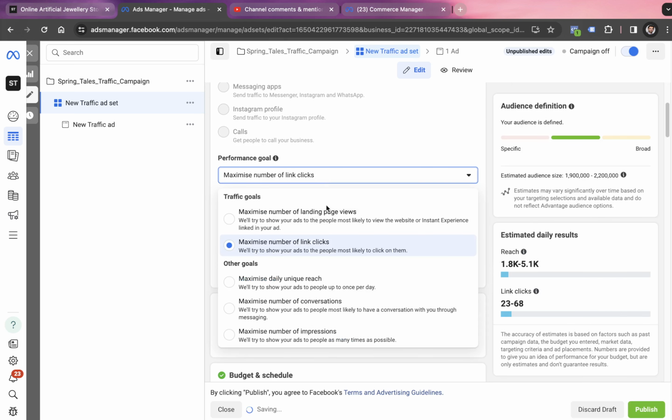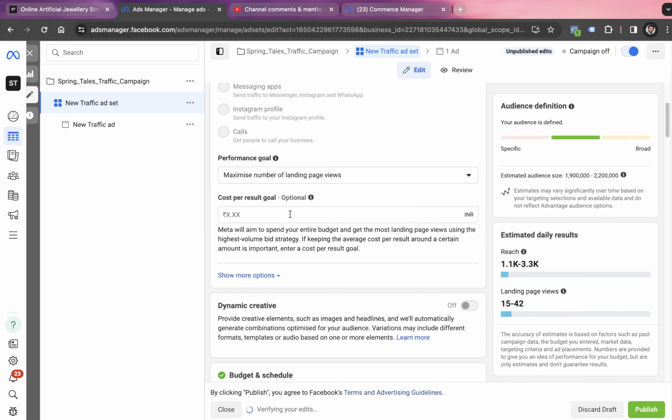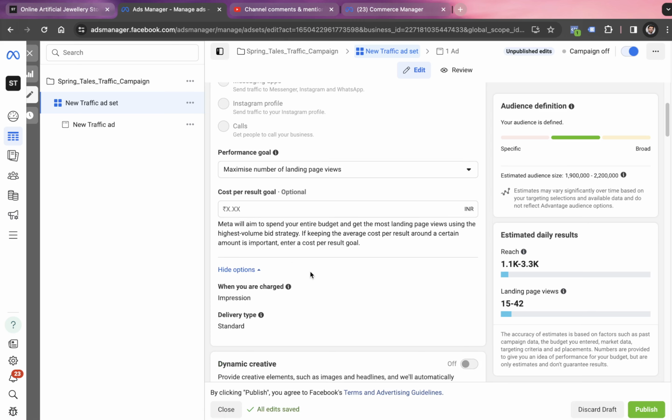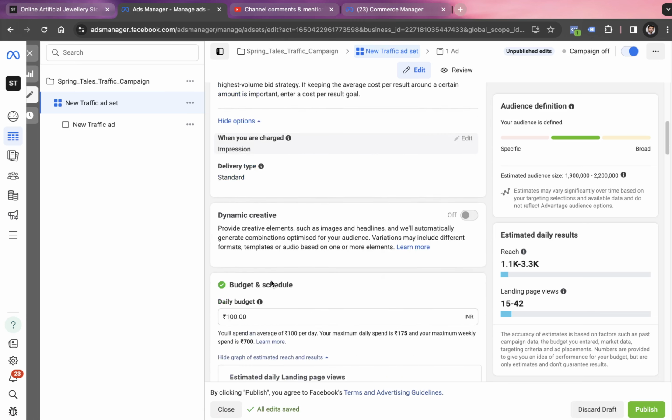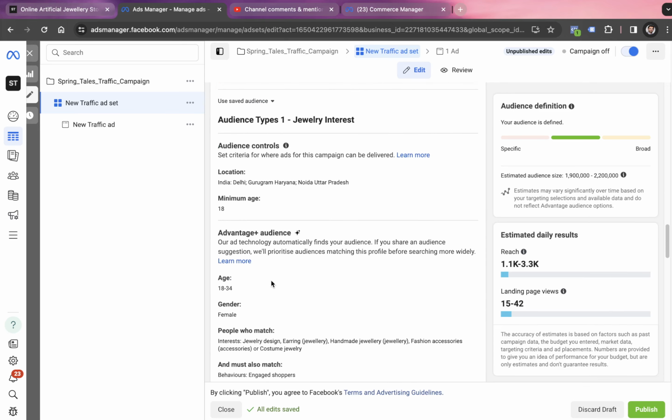If I had selected the second option, which is to maximize link clicks, maybe we could have received the clicks, but rarely any conversions. But when we go with the first option, it's asking to get landing page views. Additionally, we get charged for impressions and we don't have any purchase objective.